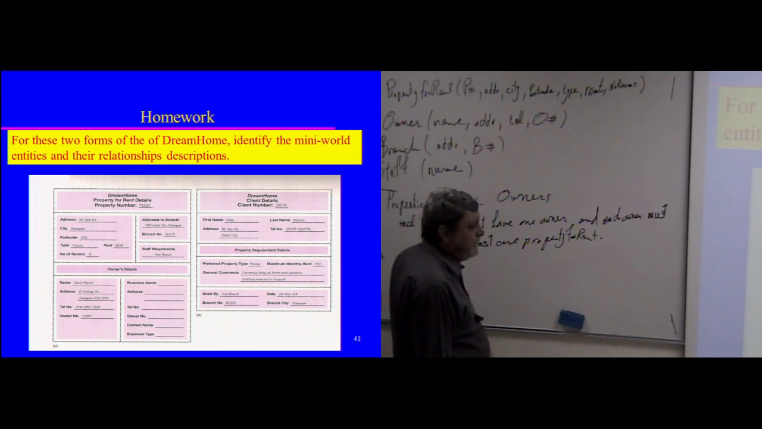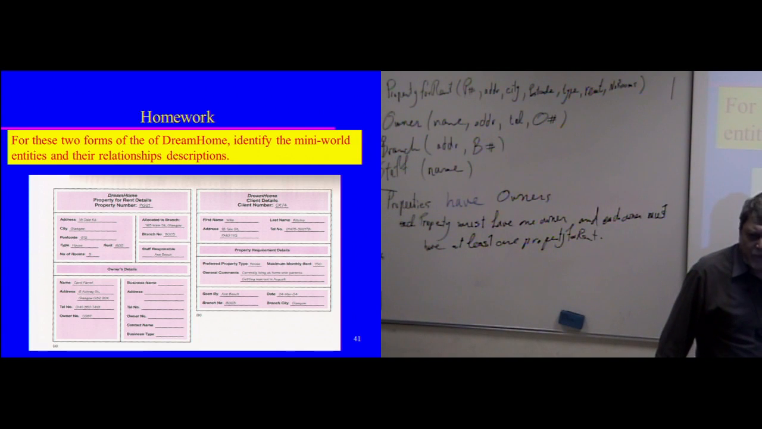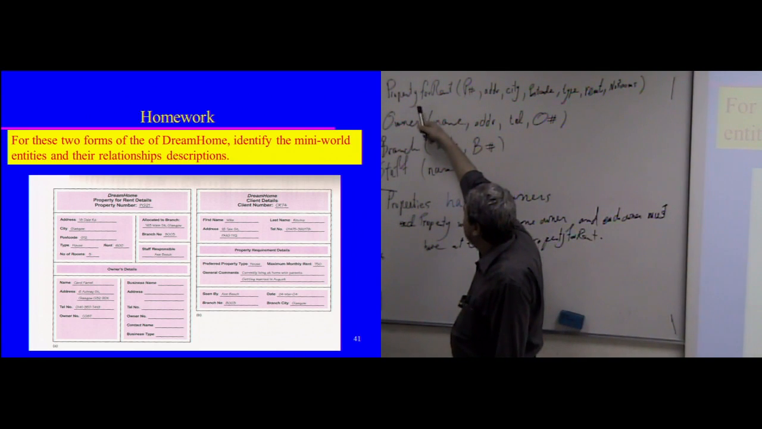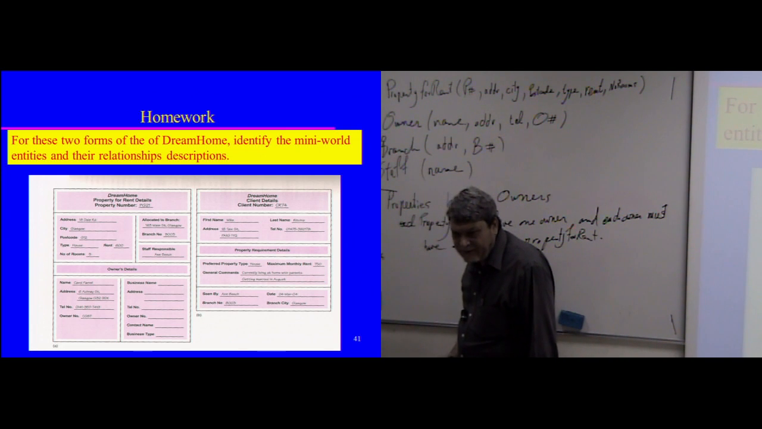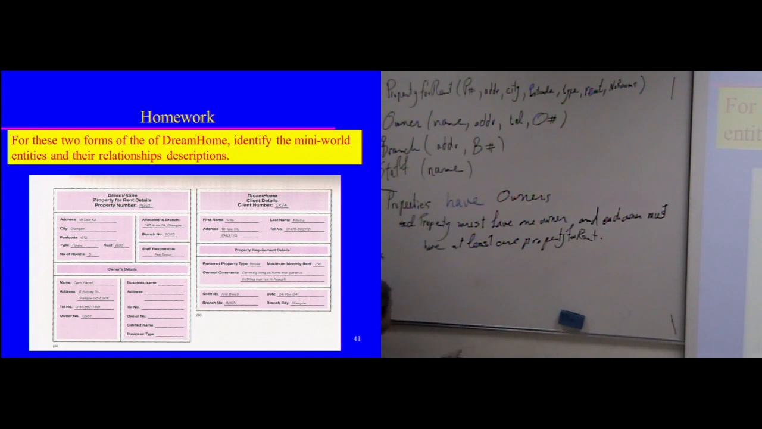Property for rent, with what? The branch. So the question is, do we have a relationship between property for rent and branch? Yes. So property for rent, properties, let me call them properties for now. So properties,